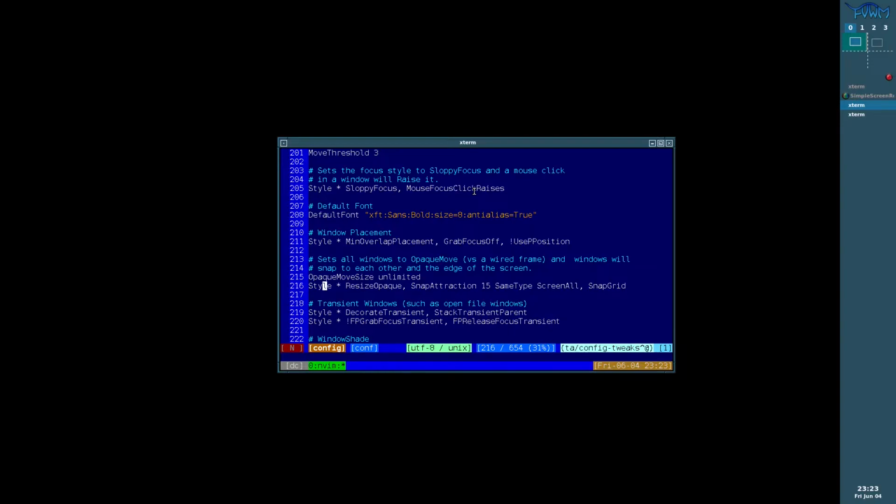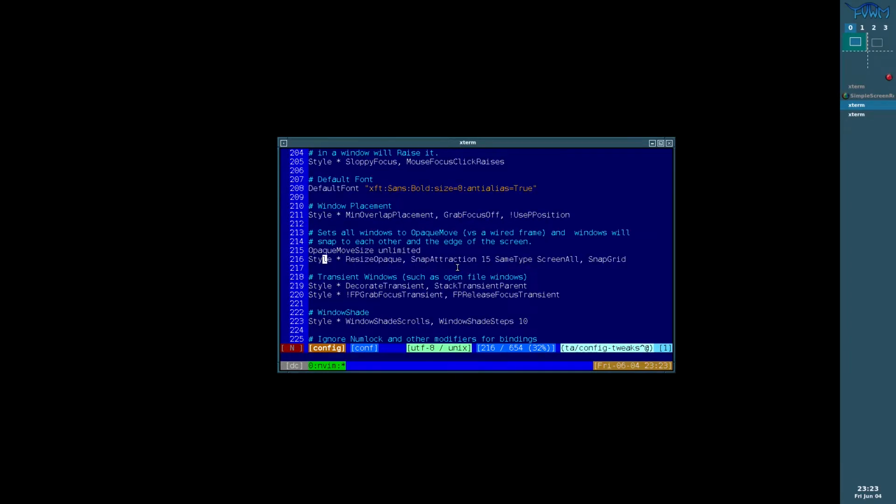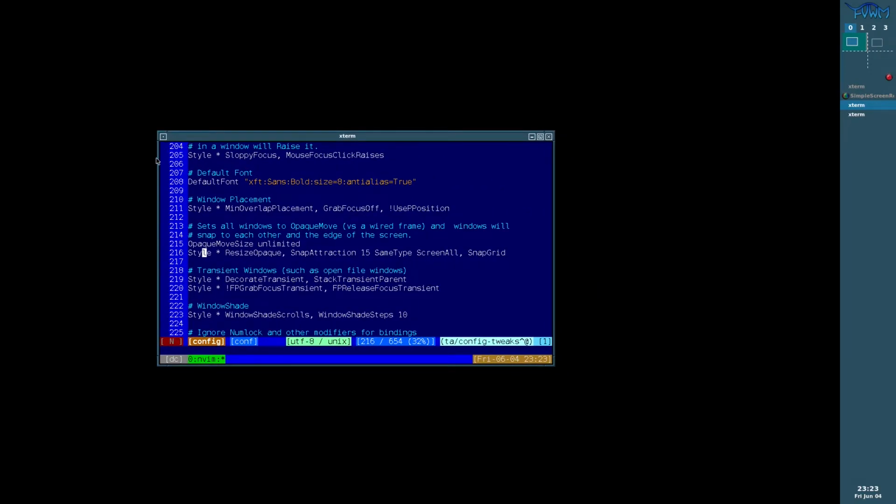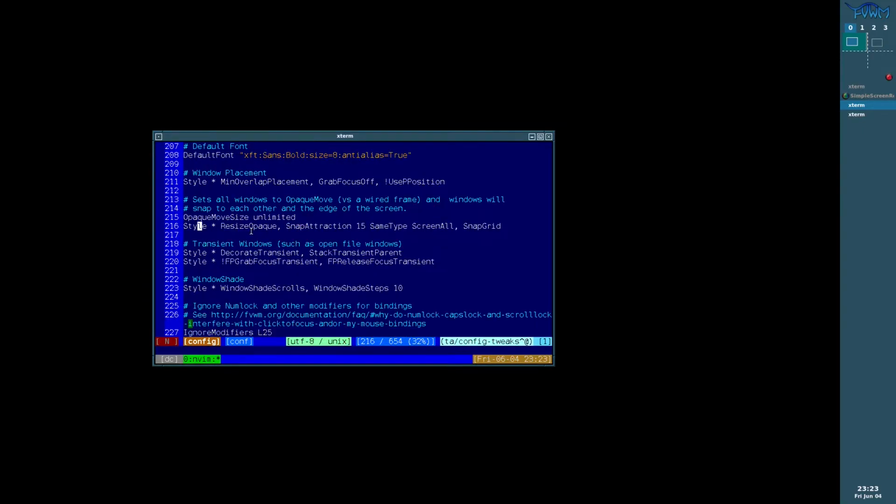defining the behavior in terms of how these windows interact against this window management specification, and so you are able to turn on and off certain behavioral traits. But here, all we're doing is we're setting some attributes for resizing opaquely, so we don't have a rubber band effect, and we're defining the focus policy